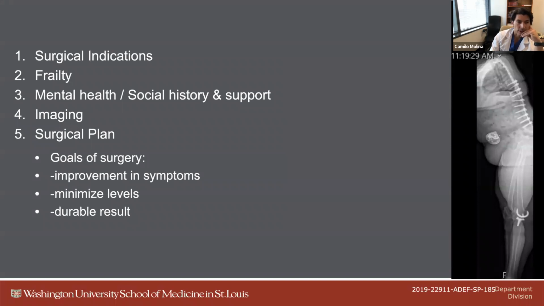And so what are the goals of surgery in general? This patient is not necessarily coming in with any radiculopathy or neurogenic claudication. What they're really coming in with is severe flat back deformity type symptoms, complete biomechanical decompensation, just severe back pain, muscle fatigue. And so we really just want this patient to be able to stand in a more biomechanically advantageous fashion to get her pain under control, and hopefully not just get her off narcotics, but hopefully get her off